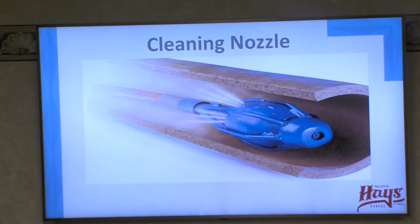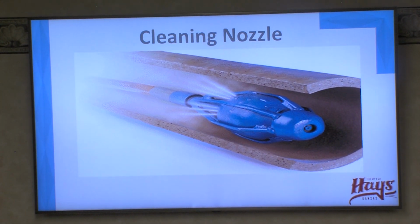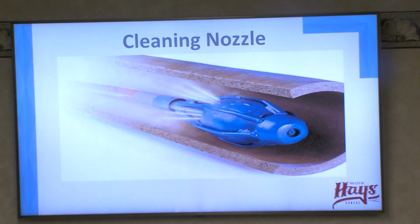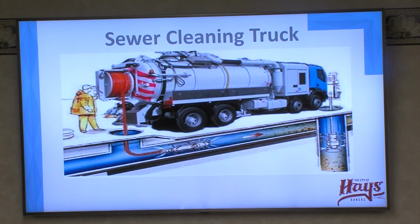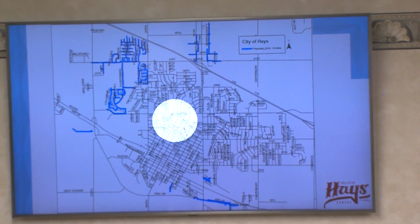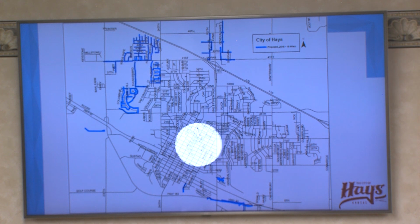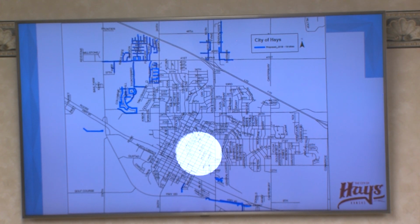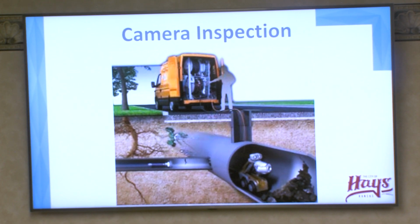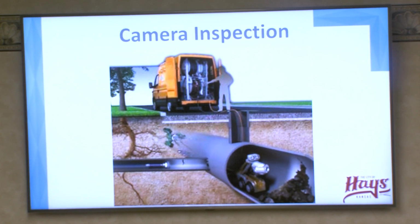The nozzle is pushed with a jet of water through the pipe from manhole to manhole, and the debris is collected at one of the manholes and disposed of at the wastewater treatment plant, so that debris is not pushed down the system and stopped at another area. Video inspection is also required as part of this contract, and we do that every year. This helps us provide early detection of flaws and will allow repairs before a